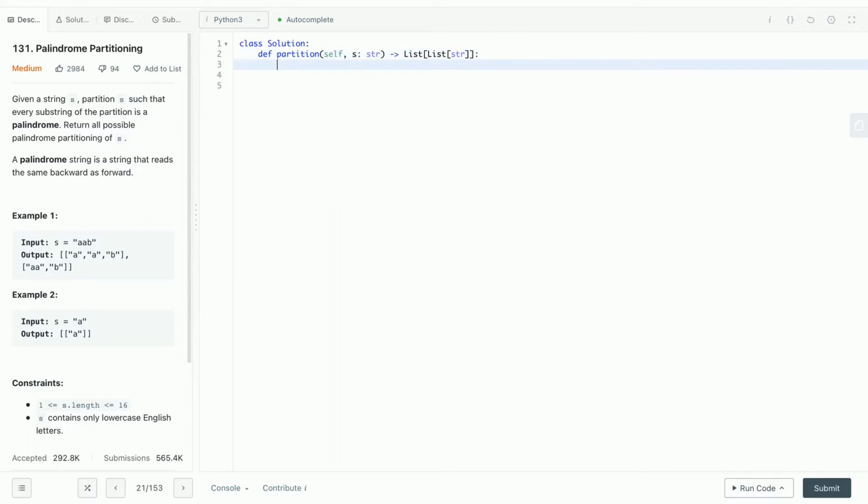Okay, let's see this example. Because we have AAB, right? So for example, if I have an index I, I know that each character itself is a palindrome, right? So I know that I can partition it here, right? So because the partition function is returning all possible palindrome partitioning of S,